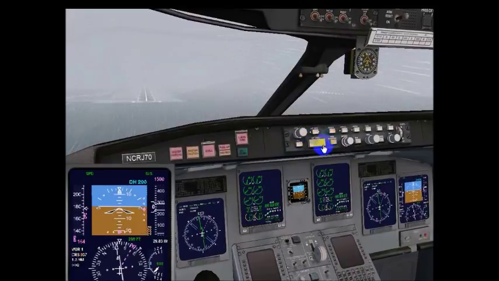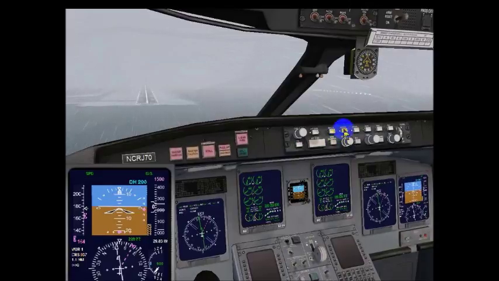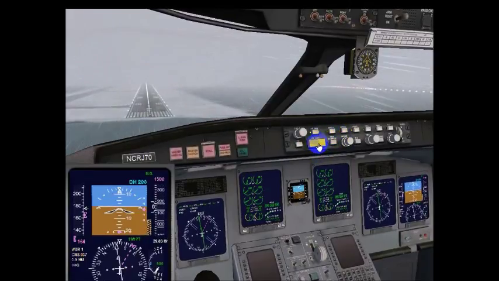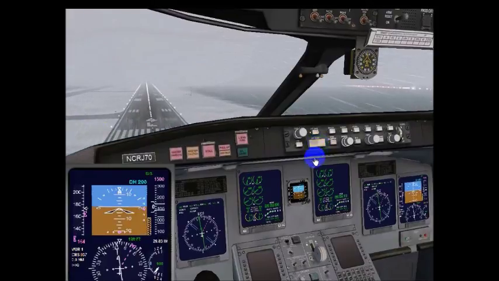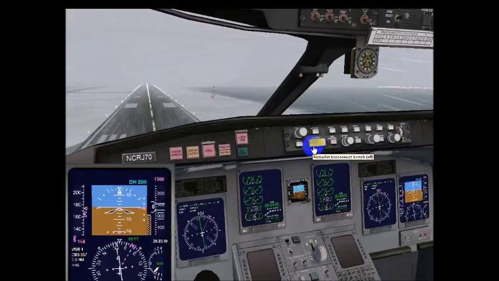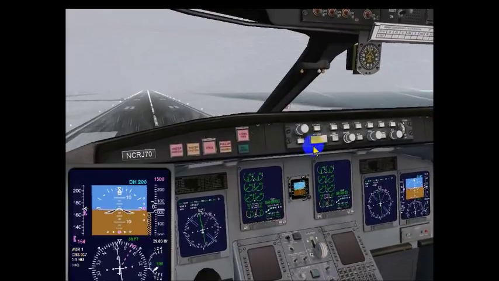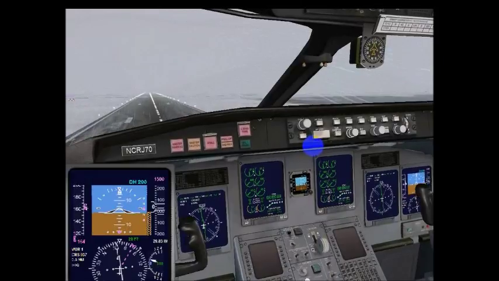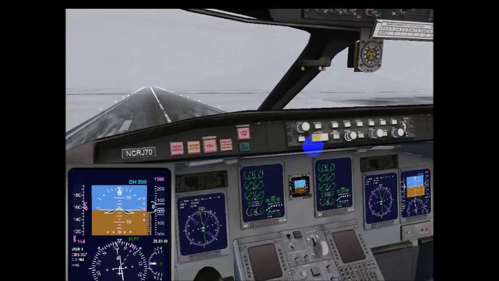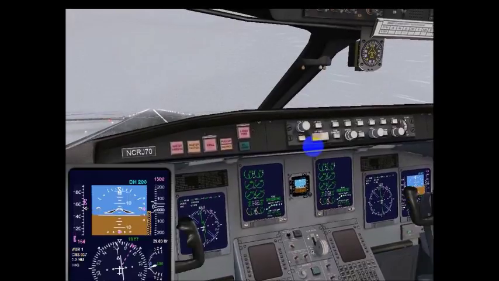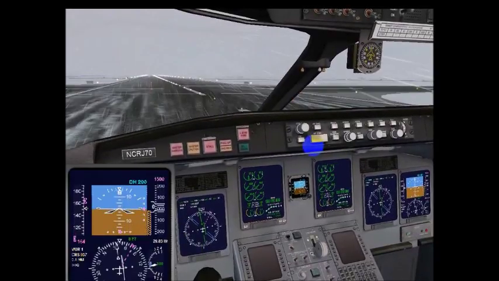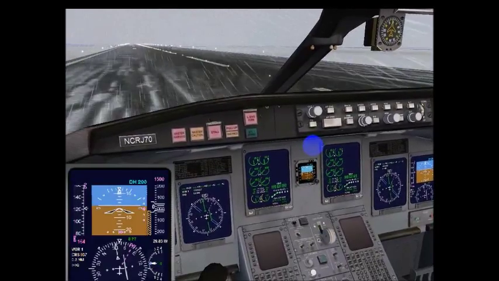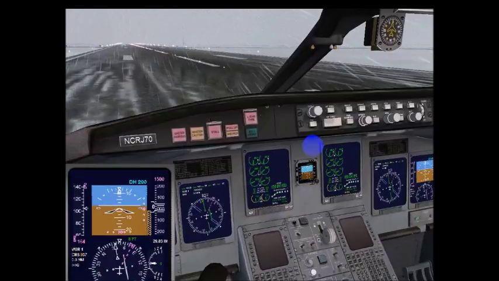But we're good to go. Rounding out. A bit too much. Touchdown. Reverse throttle. These rudder a little bit sticky, but